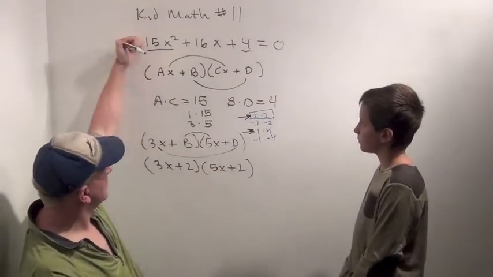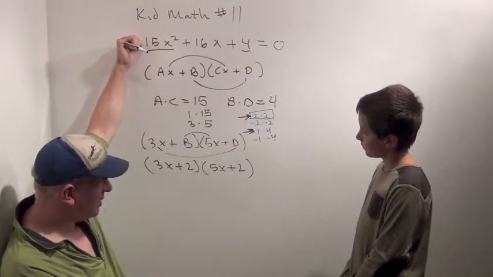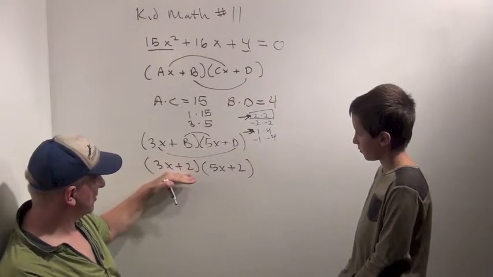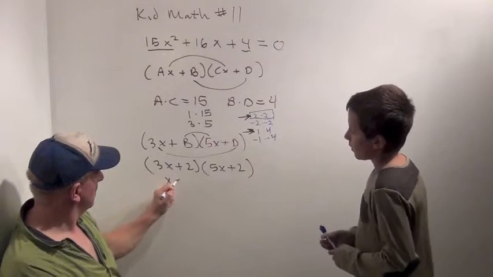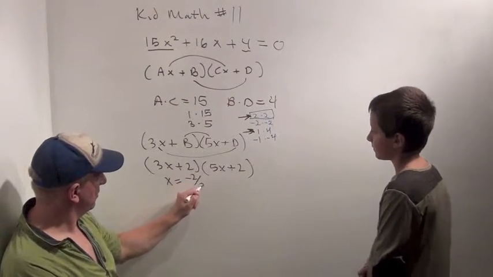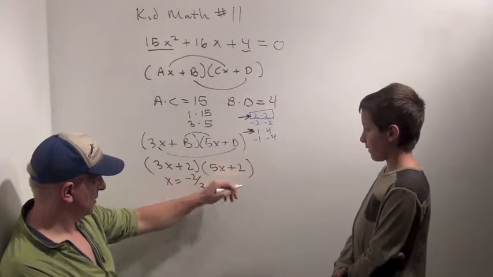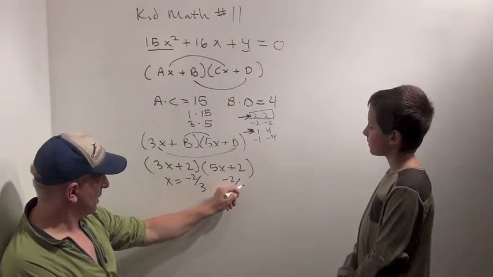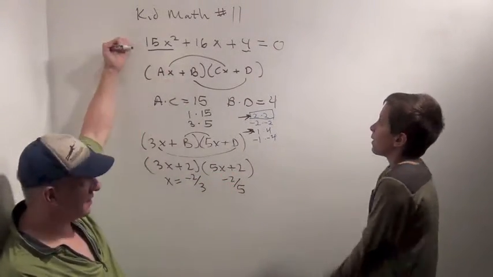And that tells us this complicated expression up here has roots. What makes 3x plus 2 equal 0? x is negative 2/3. Negative 2/3. And what makes this 0? Negative 2/5. Okay, now what we want to do is go back and check that, but we're not going to do that in the movie